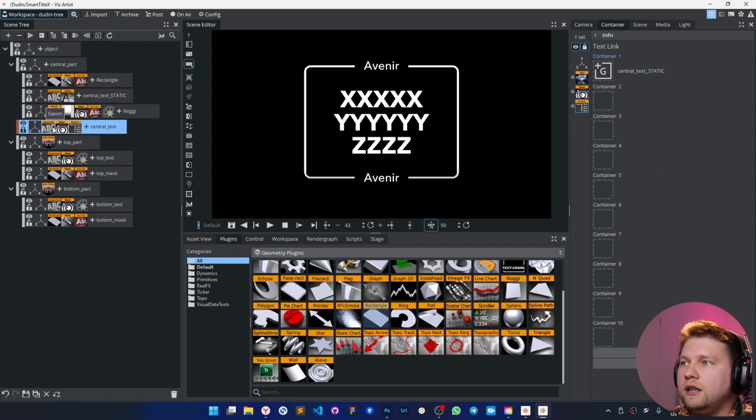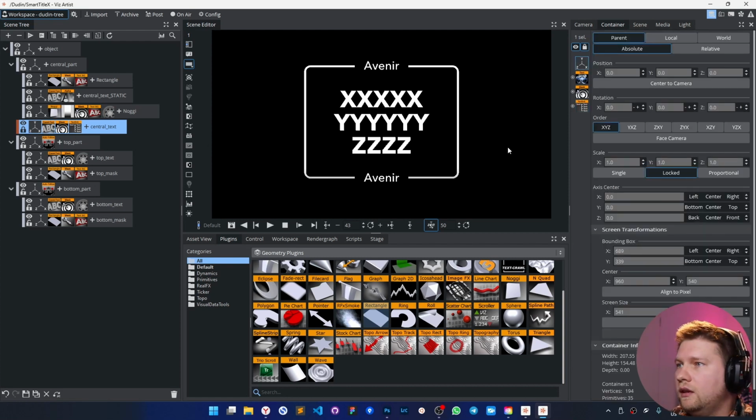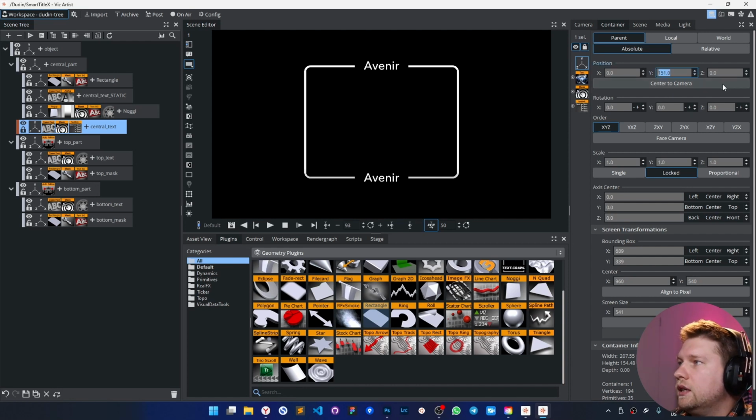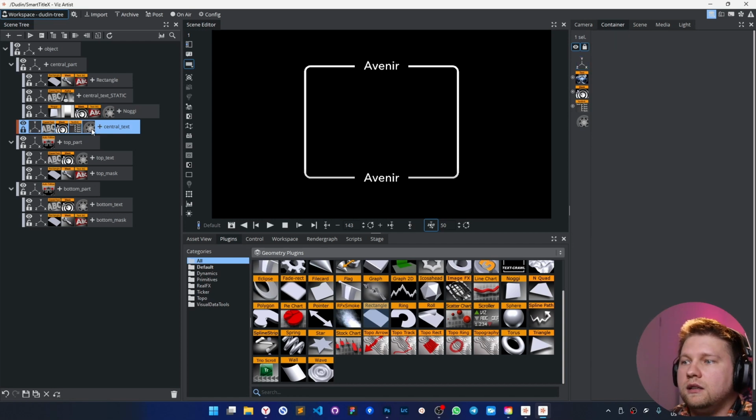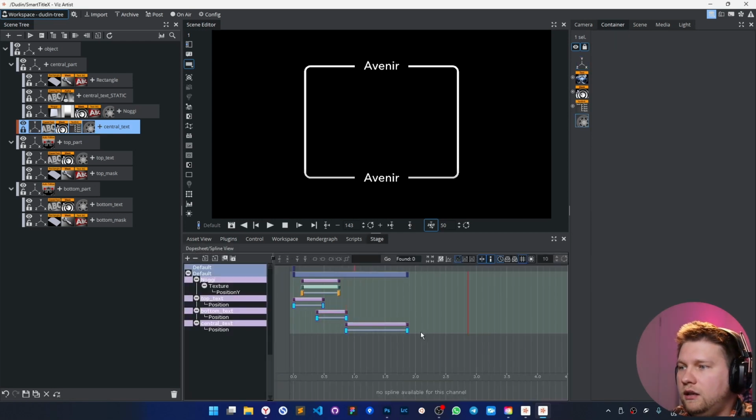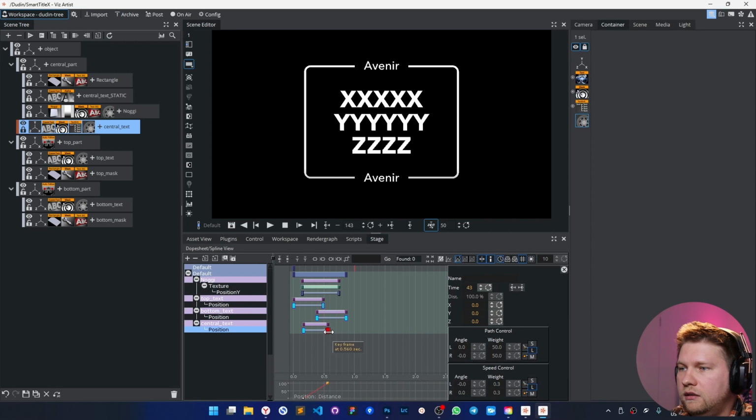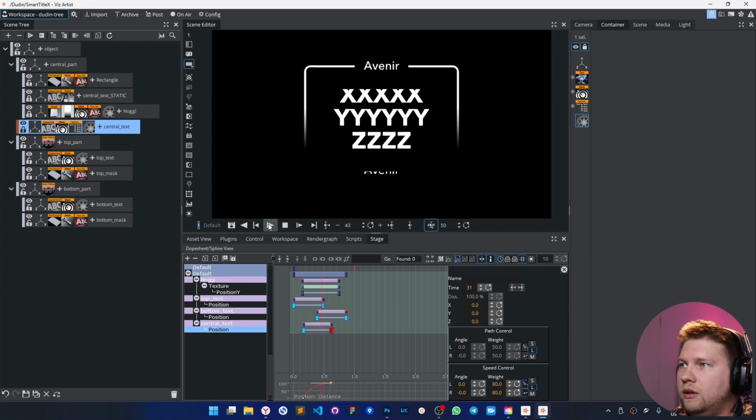So that's fine. Okay, and let's make an animation. I'm considering that I have maximum 3 lines, and in this case, just make the movement from the top like that, and the key again. Second key, and revert them and make it smoother like that. 1, 2, 3. Okay, let's play it.